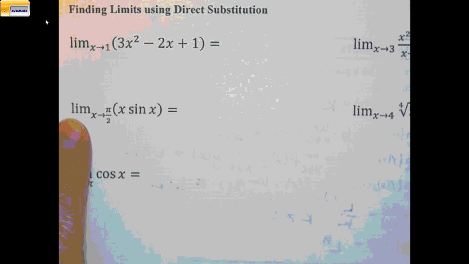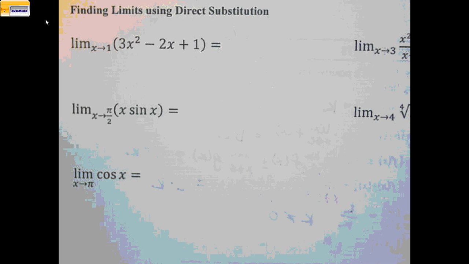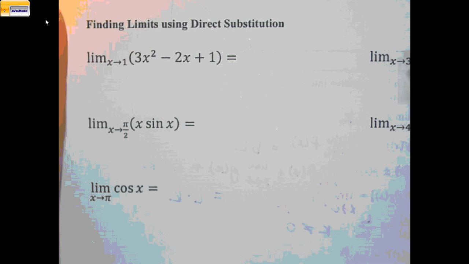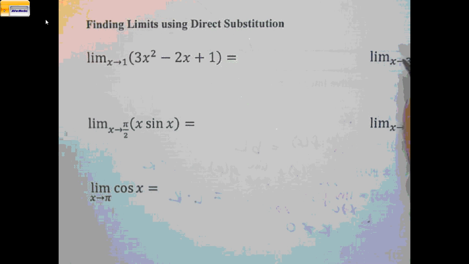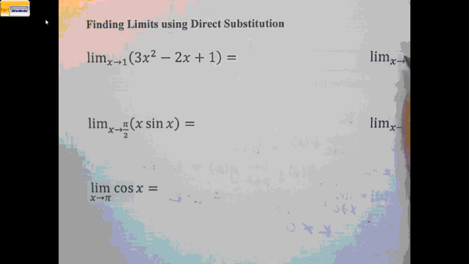Okay. Finding limits using substitution. So, back in the day when I was taking classes, this is what our professor made us write out. I'm going to have you write it one time, and then I'll tell you don't have to do it again. But I want you to understand this is what's happening. Based on the properties, the shortcuts we were just given,